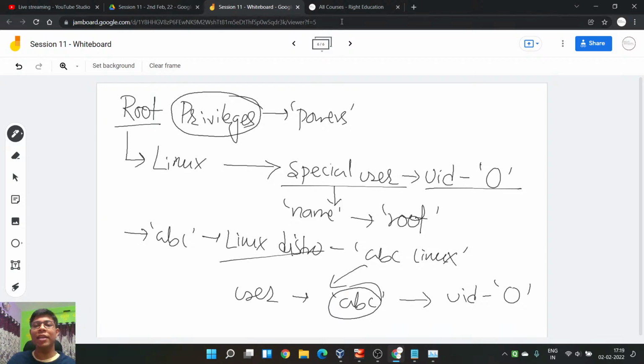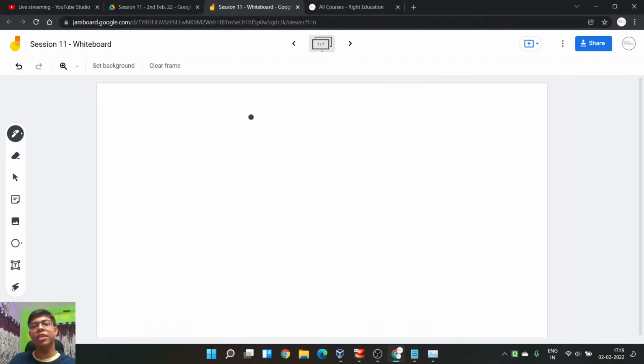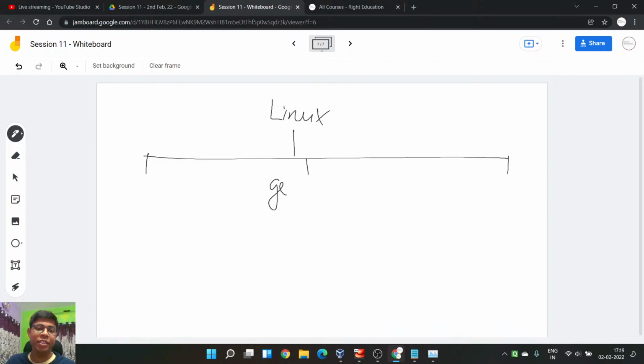That means we are restricted here. If you just understand this thing very clearly: we have one operating system, and here we have 3 different kinds of users. One is general, one is system, and one is root.